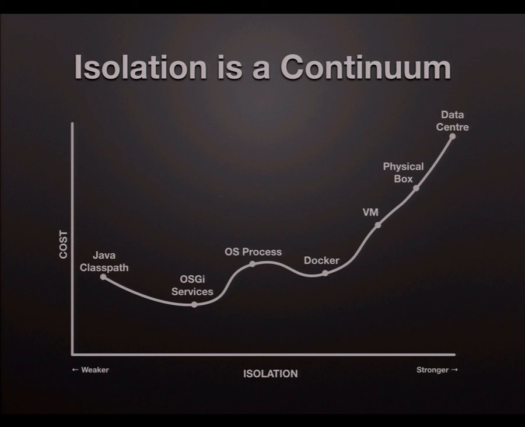There was a JSR a long time ago, the isolates JSR. I don't recall the number. It's a fairly low-numbered JSR. 27, thank you. A very low-numbered JSR. It never delivered a final spec because it was very complicated. And they ended up building essentially a whole process management system within the JVM when you've already got the operating system that provides that kind of thing.